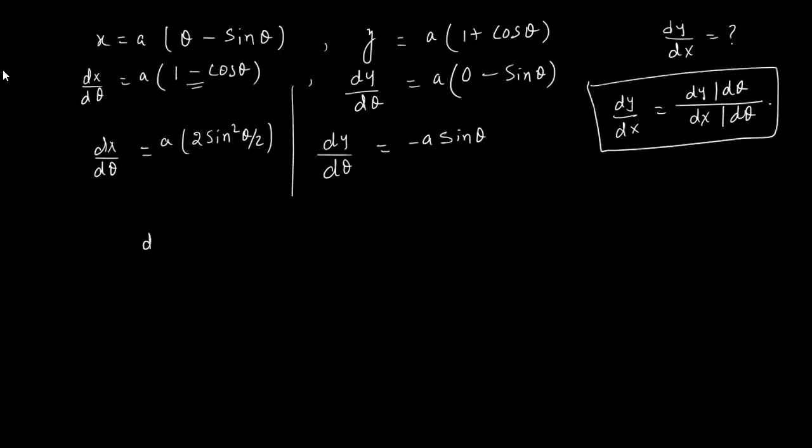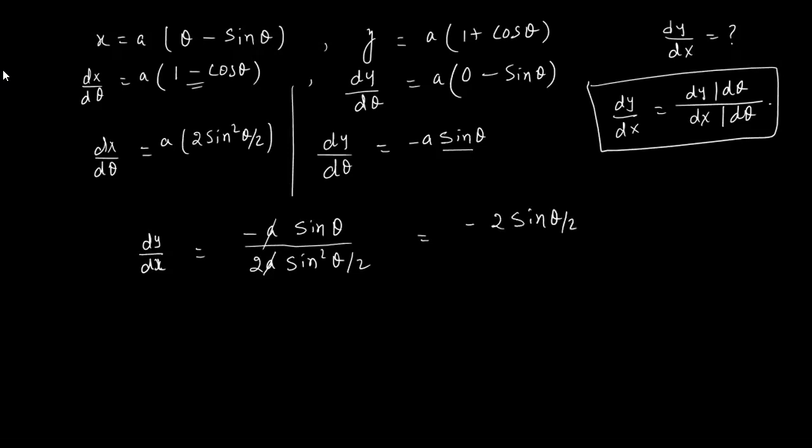So dy over dx is minus a sine theta divided by 2a sine square theta by 2. Let us simplify this, but before that, a gets cancelled, and we can rewrite this sine theta as 2 sine theta by 2 into cos theta by 2